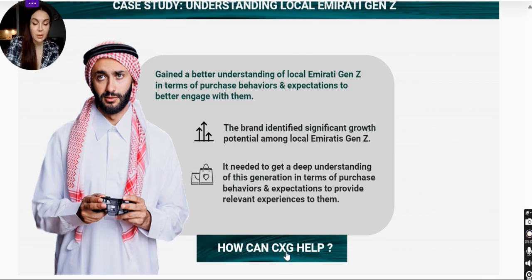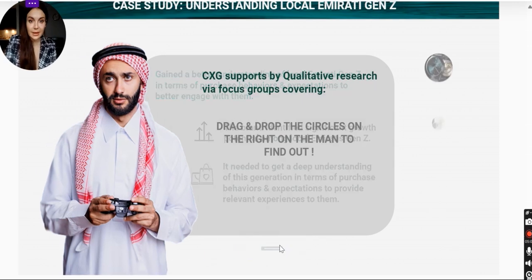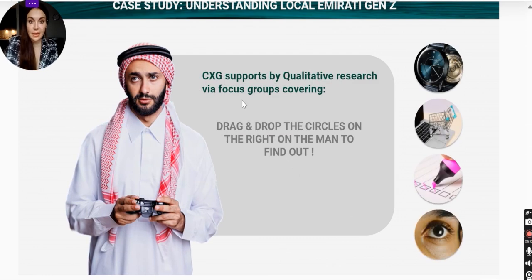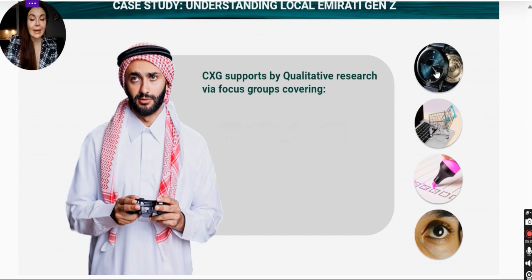And then instead of just having a button which says next, or just an arrow to click next, I decided to use action-oriented buttons. So this one is, how can CXG help? We click that to find out that it supports by qualitative research via focus groups covering,